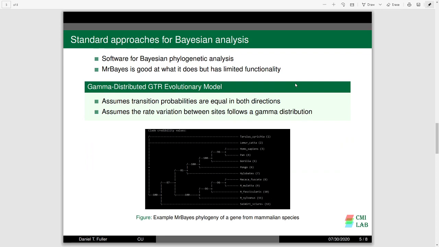Now, standard approaches for Bayesian analysis in metagenomics. You often see software for Bayesian phylogenetic analysis, such as MrBayes, very good at what it does, but with limited functionality. One of the ways in which we can use it for this project is something like a gamma distributed GTR evolutionary model, where we are assuming transition probabilities are equal in both directions, and assuming that rate variation between sites follows a gamma distribution. This is an example of a phylogenetic tree for a gene conserved through mammalian species, and we see that